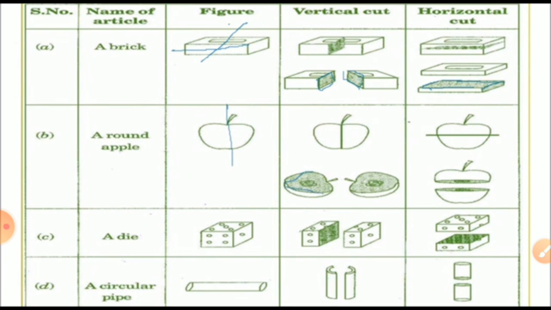Correct, 100%. An apple also, sometimes you see the apples cut this way, or sometimes cut this way. The apple remains an apple, but the shapes are different. A die, don't cut a die at home, beta, because it is plastic. If you want, make it from paper or card sheet, then you can cut it, or just imagine what you are getting. Yes, my dear student, it is right: top part and bottom part.